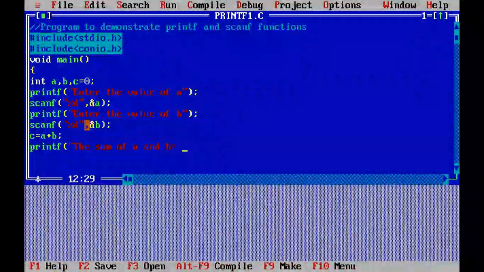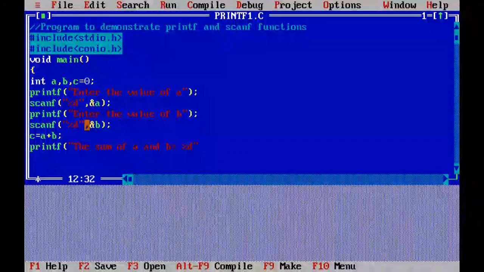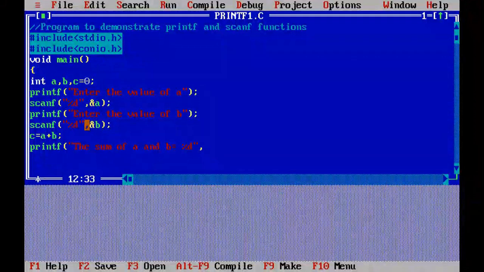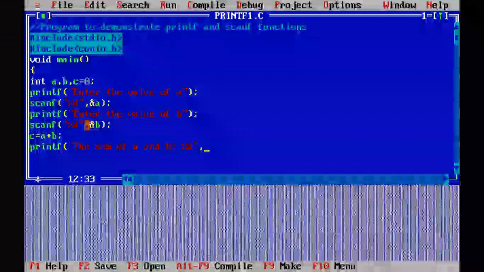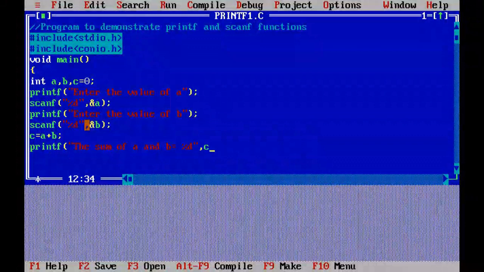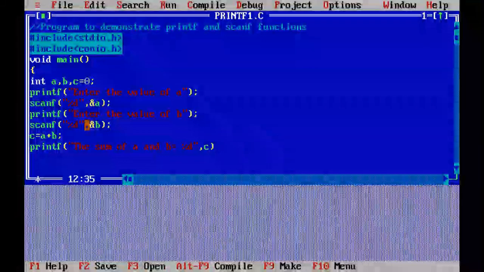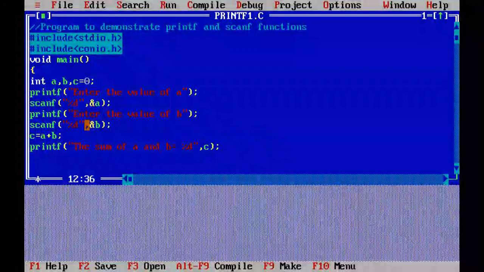Because variable c is of integer type, I will use %d. I will enclose this control string, then put a comma, then the name of the variable whose value you want to print. Suppose I am going to print variable c, then I mention c, close the bracket, and put the semicolon.